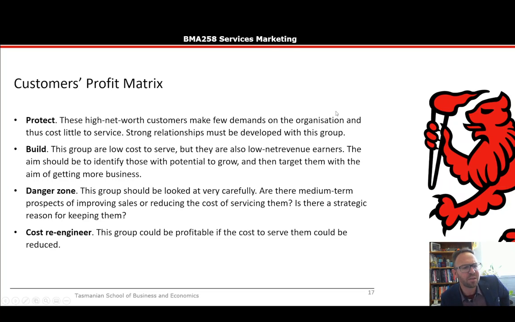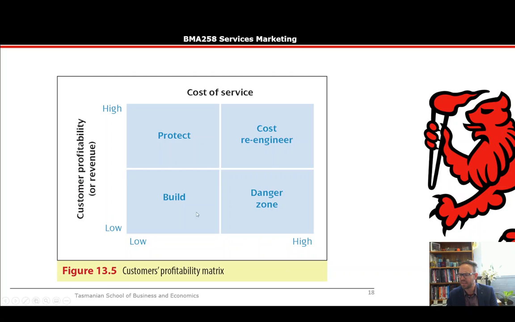All right, so the customer profit matrix. I'm going to skip forward a slide again so you can see the matrix and come back. So this one here is the customer profitability matrix. We've got the customer profitability on the y-axis and the cost of service on the x-axis. When there's low profitability and low cost of service, we want to build these ones, right? Now, when the customer profitability is high and servicing them is low, we want to protect them because